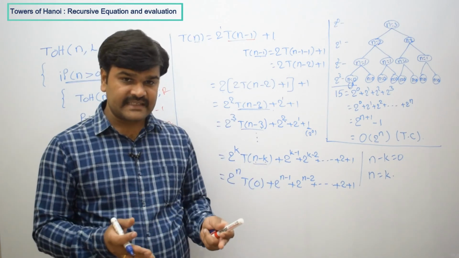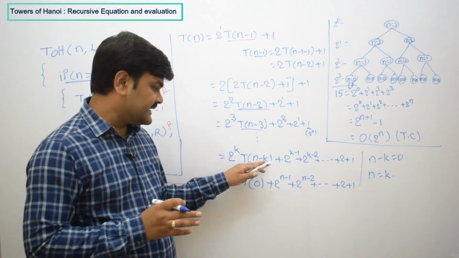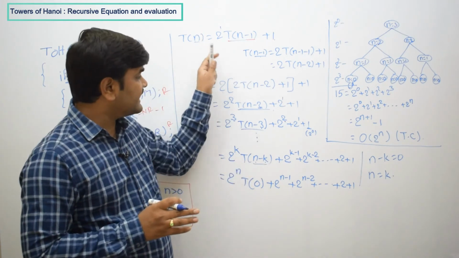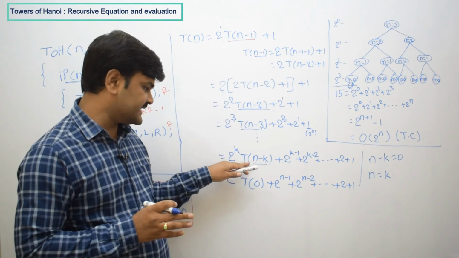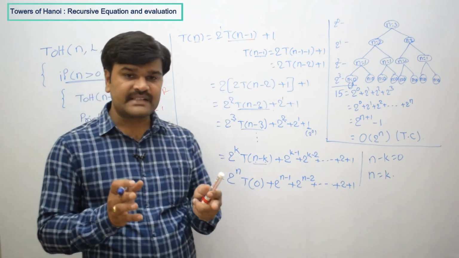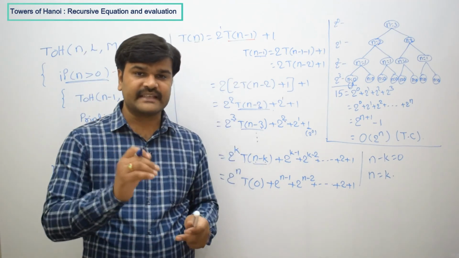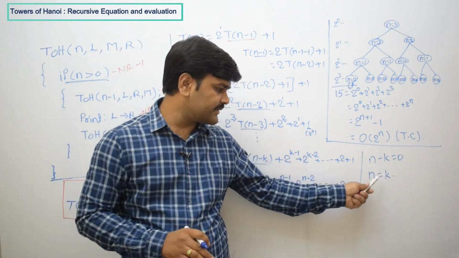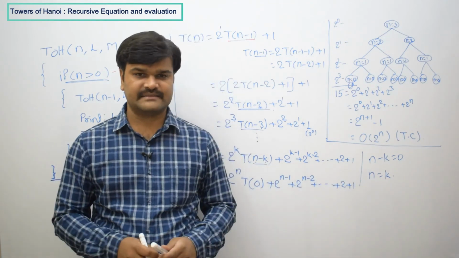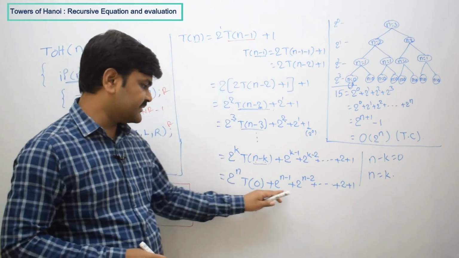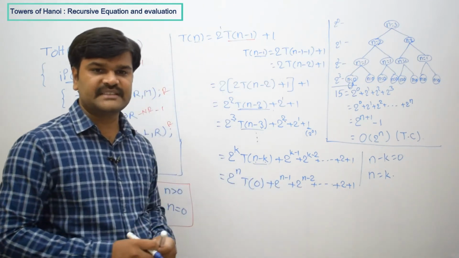What is that k? We discussed that after k recursive calls we reached this statement. That means total function calls till now are in terms of k. So that is what, k in terms of n, we are finding here. So now everything is in terms of n. Let us try to simplify this one.